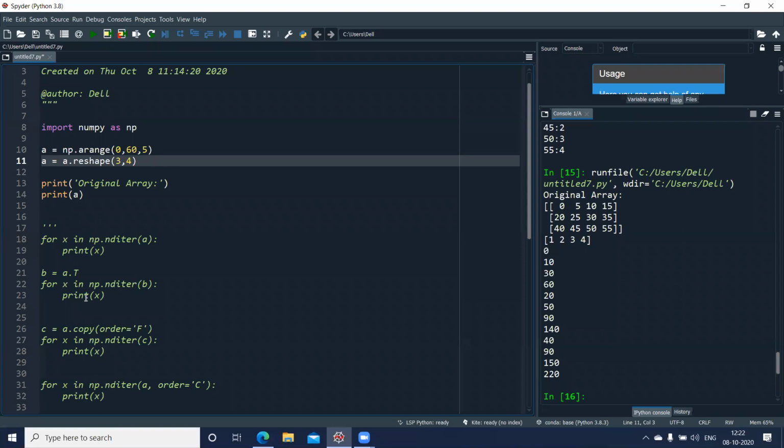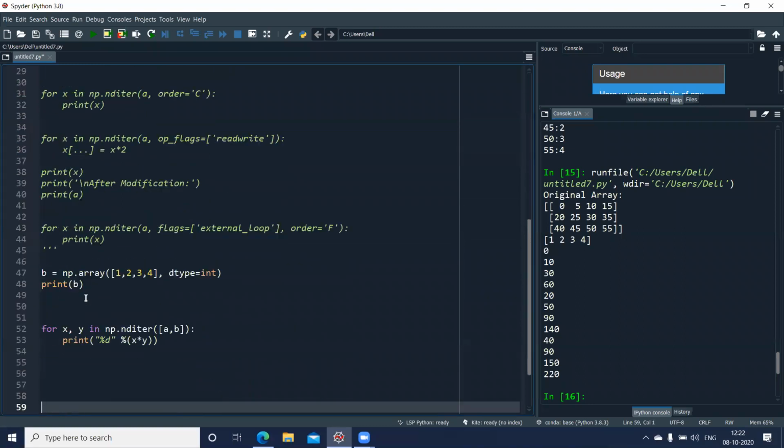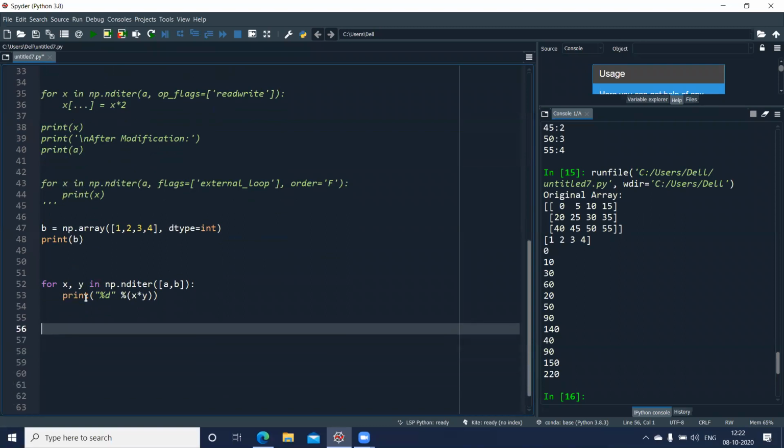Even if I have a 2D array, reshape we have already seen, so let us see flat. I'll create another array here, a equal to np.arange, and this time I'll pass only 8. A number from 0 to 7 will be created, a 1D array.